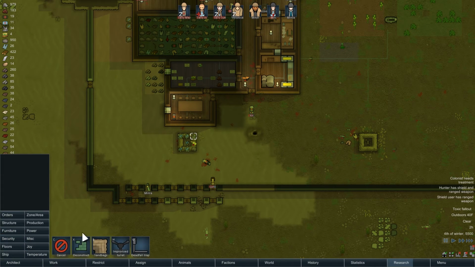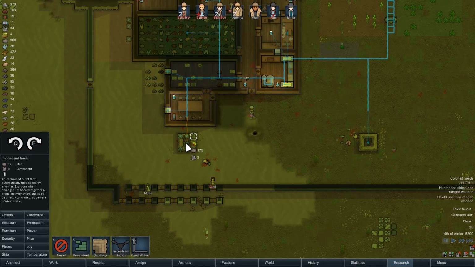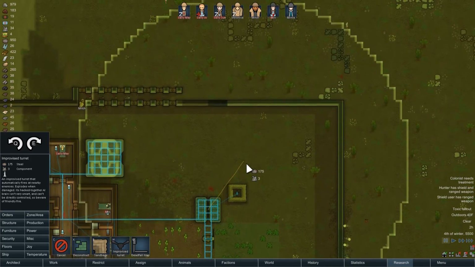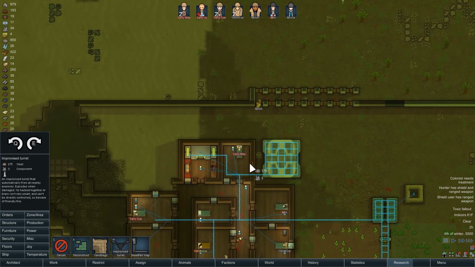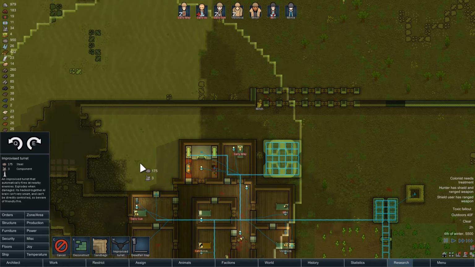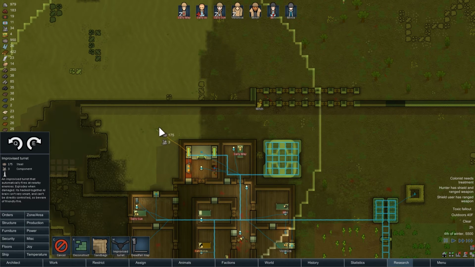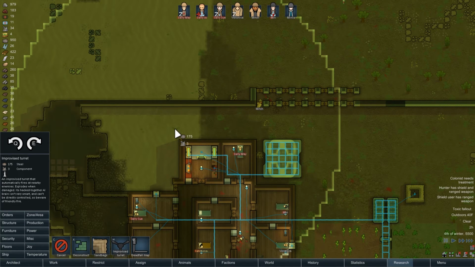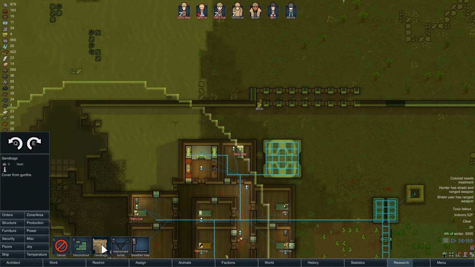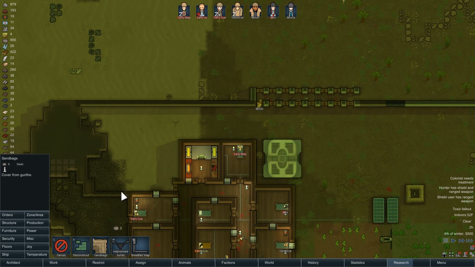So first thing I'm going to need to do is rebuild this. And then I think we need a lot more turrets for sure. I would like one over here to cover this area because we have had issues with people getting through this door over here. So I'm trying to think where I'd put it. I guess right here is fine. I think we have enough power and we have enough steel to build these